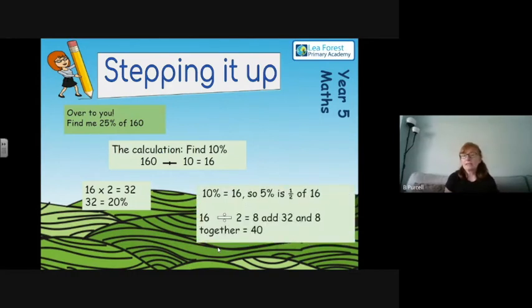10% equals 16. So 5% is half of 16. So 16 divided by 2 equals 8. Add 32 and 8 together, and your answer is 40. So well done. And that is a bit of a whistle stop of that, because now it is